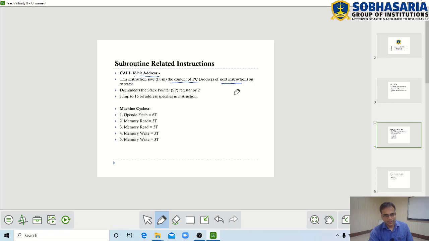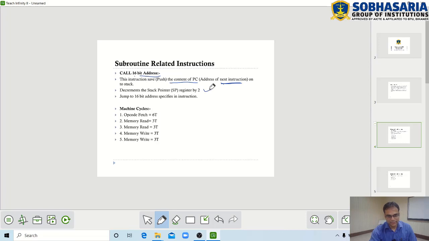The address is 2 bytes, right? So these 2 bytes of the next instruction will be pushed into the stack, and then the stack pointer gets decremented by 2 as usual, because whenever we perform a push operation, the stack pointer gets decremented by 2.